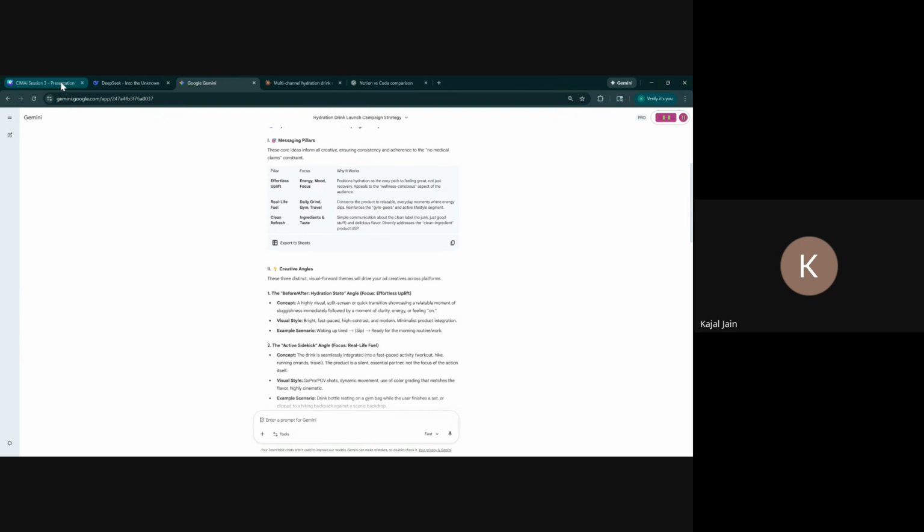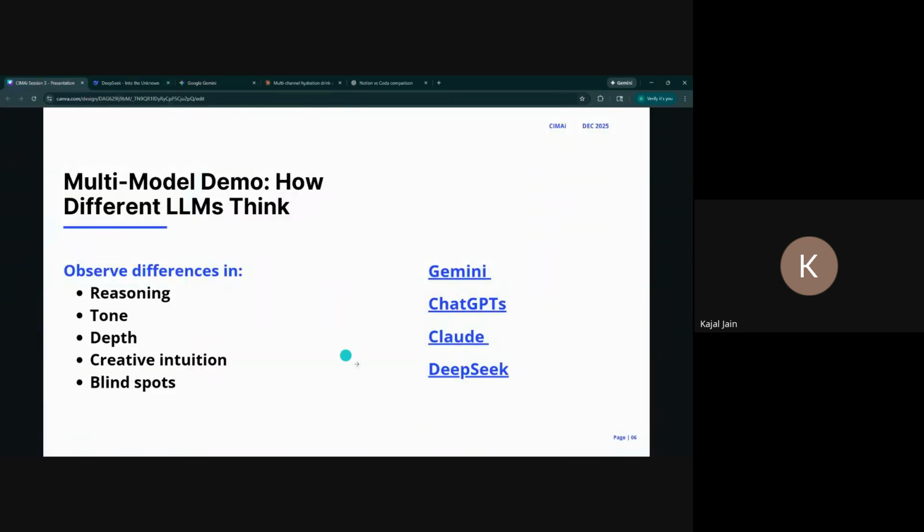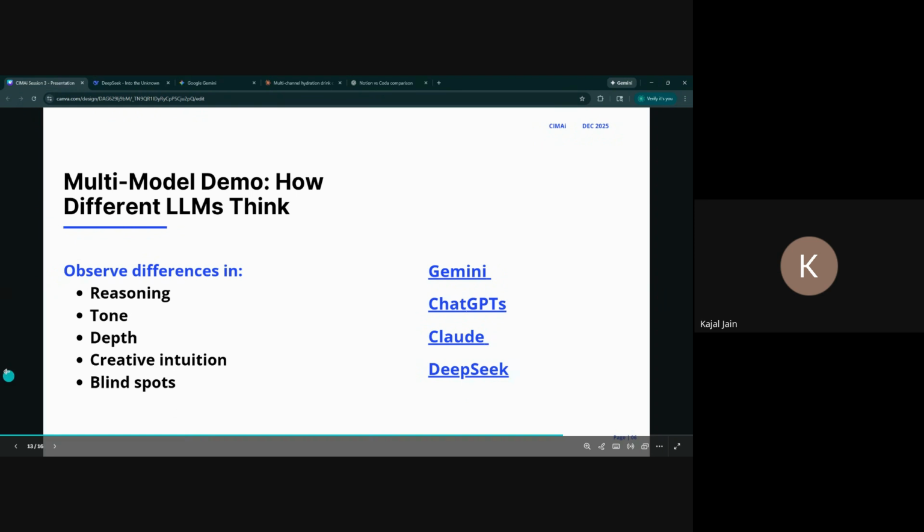So all that to be said, this is why prompting isn't just memorizing what to say. It's really about learning which LLM works best for you. And like I said, the prompting part applies in all different LLMs, but you can see how the output differs based on each LLM's strength. And let me go back to my presentation.